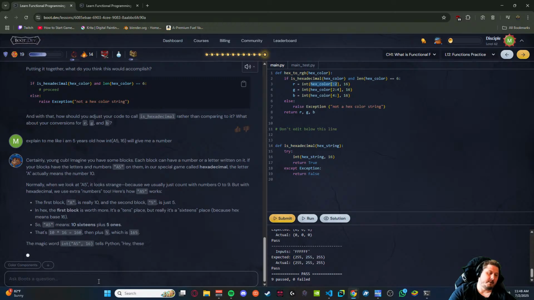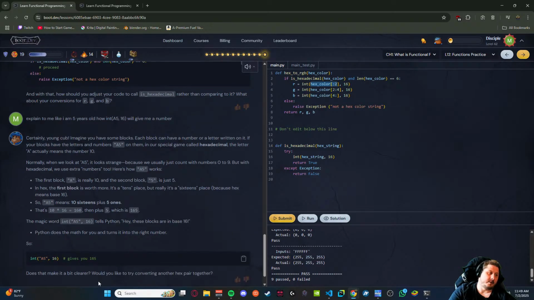Each block can have a number or a letter written on it. If your blocks have the letters and numbers A5 on them in our special game called hexadecimal, the letter A actually means the number 10. Normally when we look at A5 it looks strange because we usually just count with numbers, but with hexadecimal we use extra numbers too. Here's how A5 works.